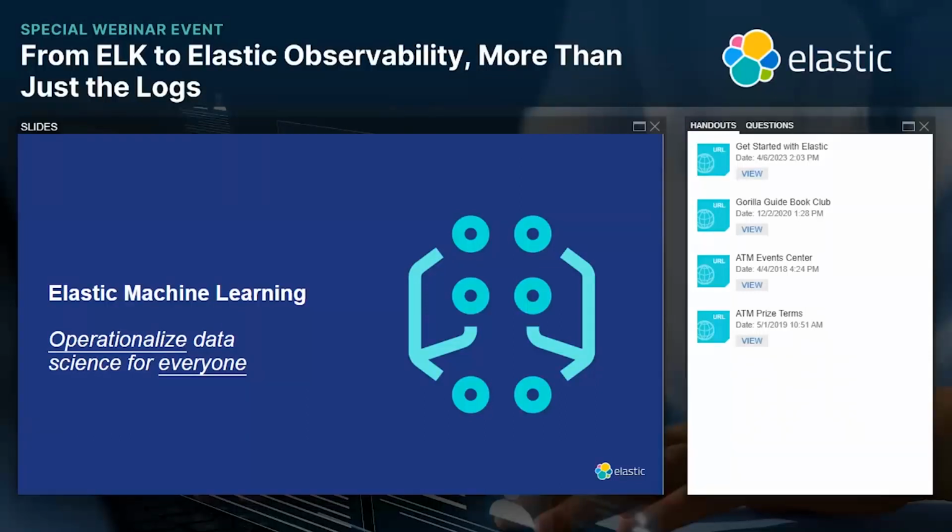So machine learning comes into the picture only when you want to operationalize your data, right? You basically collect all the data from different resources, from your endpoints, your sources, all your servers, your applications, your networks, and everything comes into the picture.